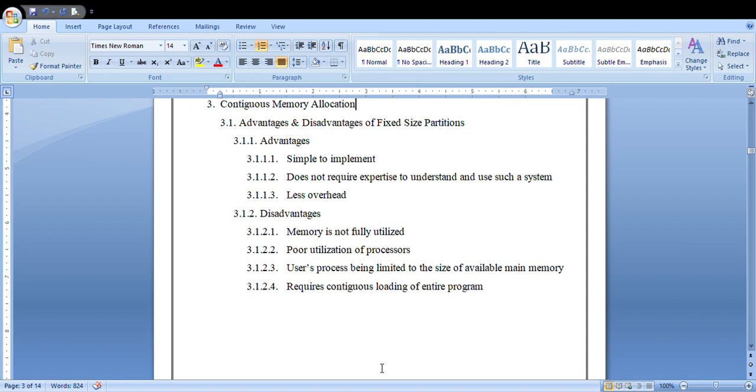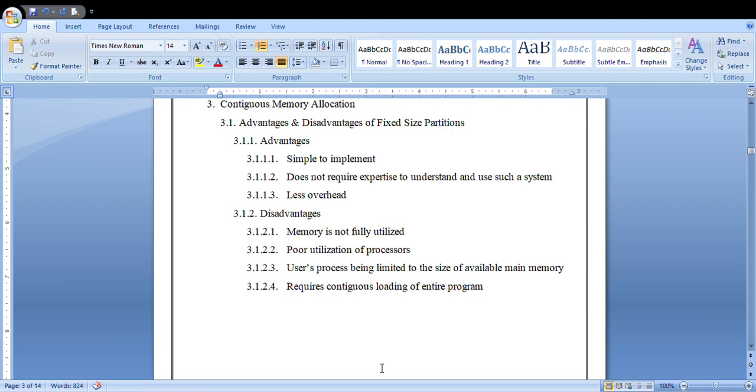So for the first program, you can allocate any memory location. But here you are partitioning the main memory in two manners, as I said, fixed size partition and variable size partition.